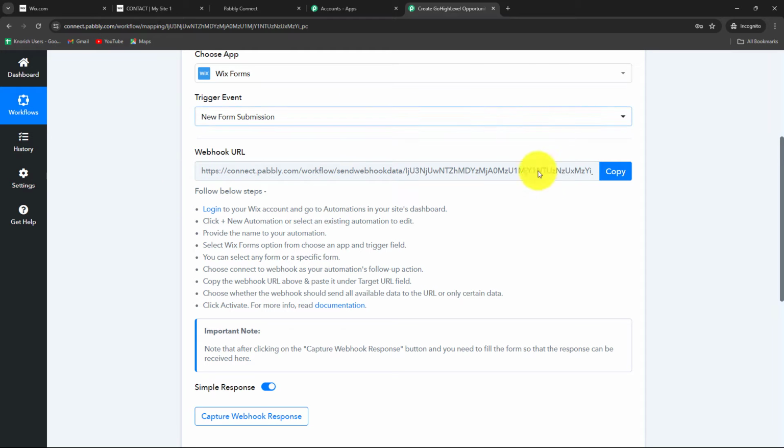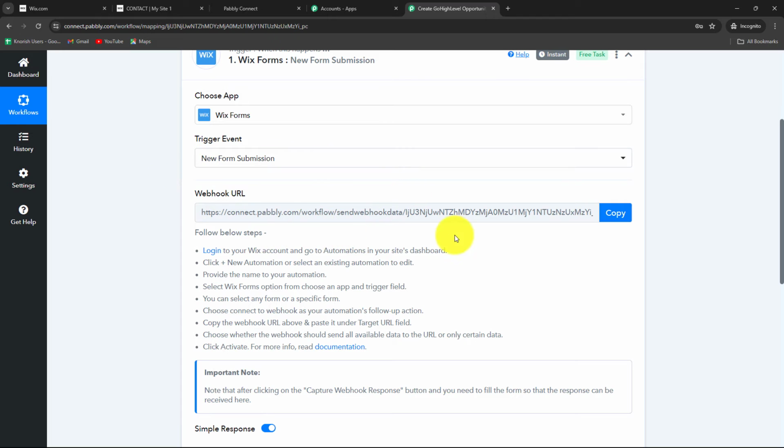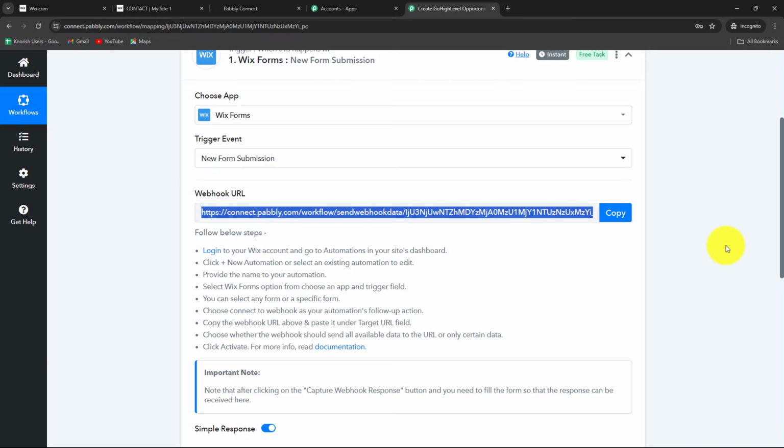Okay. Now here we can see that in order to set up the connection between Wix Forms and Pabbly Connect, we have received a webhook URL along with some instructions. So we have to follow the instructions given over here very carefully, step by step, to set up this connection. And the webhook URL is going to act as a bridge for sending the data from Wix Forms towards Pabbly Connect. So first of all, we will copy the URL,